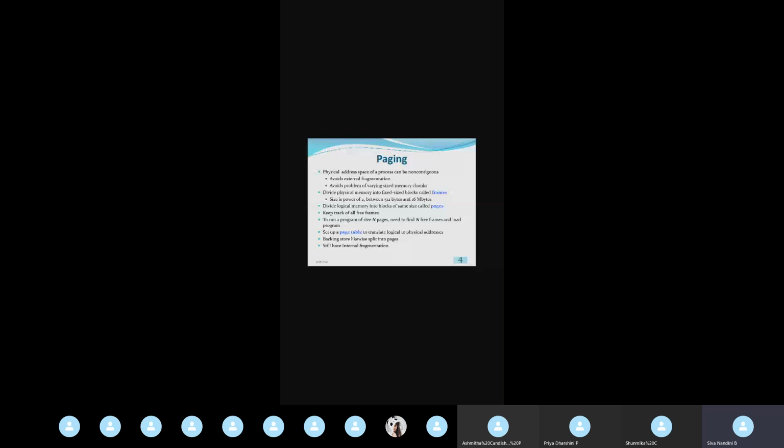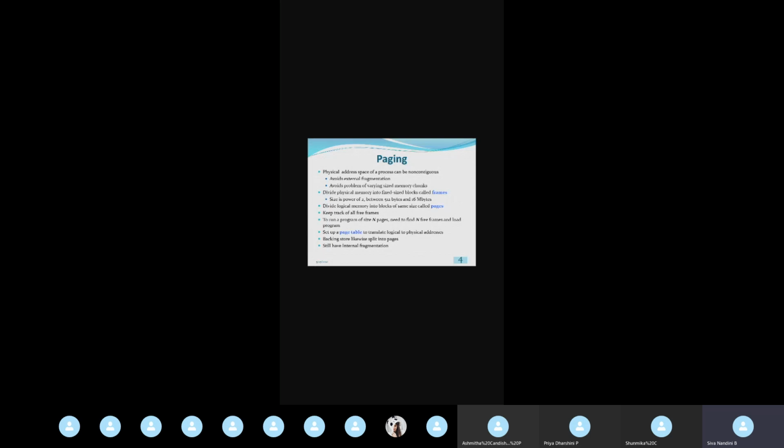Likewise, we will be having it. So it will be easier for allocating the process memory in different broken pieces of memory in main memory. For example, this process P1 of size 100 kilobyte may be divided into 10 pages. Each page is of size 10 kilobyte. So, in the main memory, if you are having some broken pieces, that is, the available memory is not continuous, we can allocate the process P1 in the form of pages.